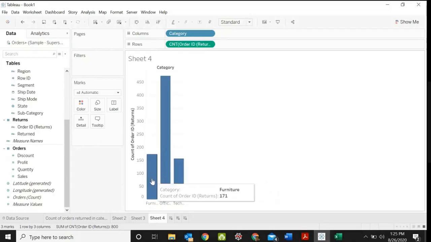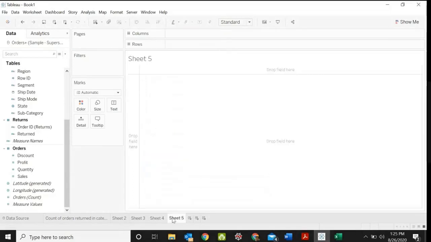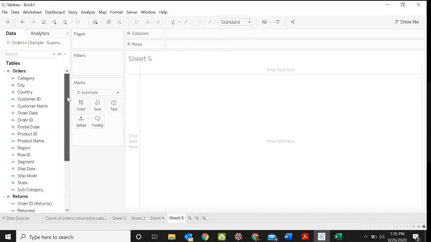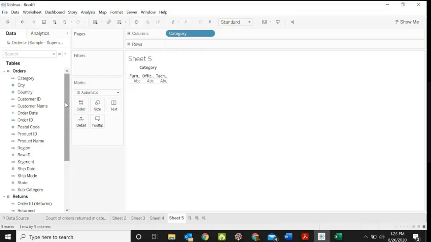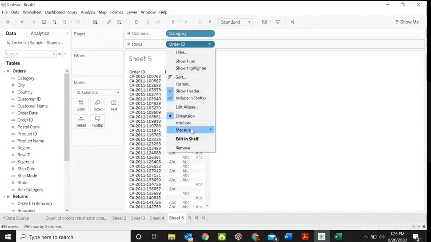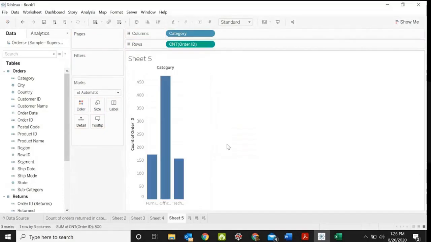Even this will give the count of returned. Again, if you want, you can drag this category and use this order ID, and use this count.